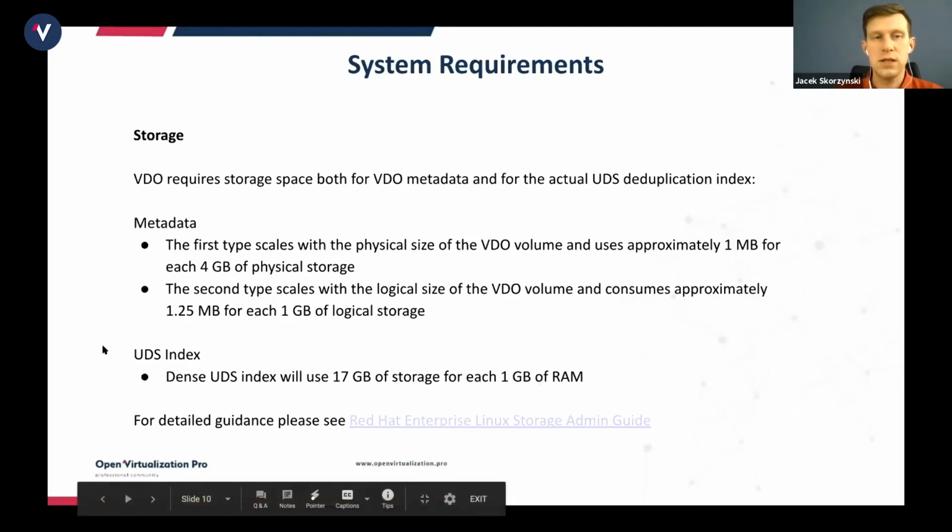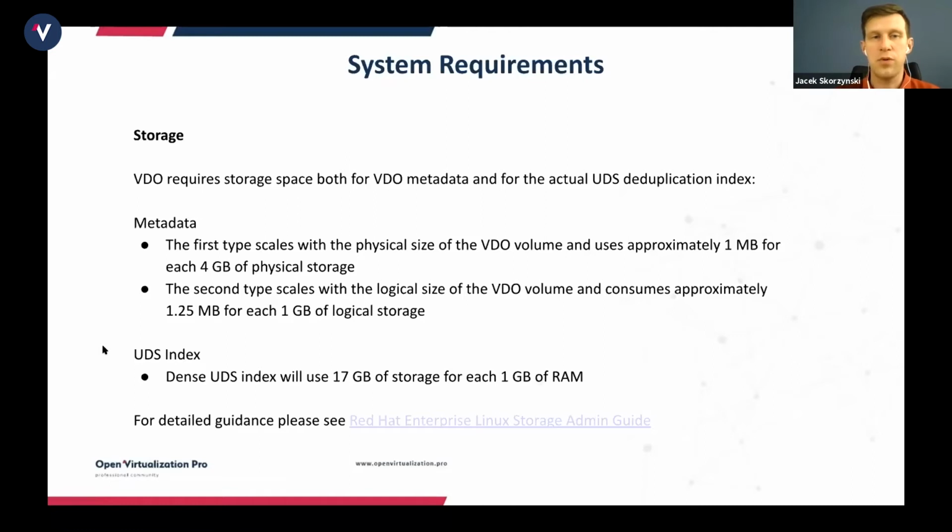For metadata, there is approximately 1 megabyte for each 4 gigs of physical storage. So this is the calculation you need to know when it comes to the storage consumption of your VDO